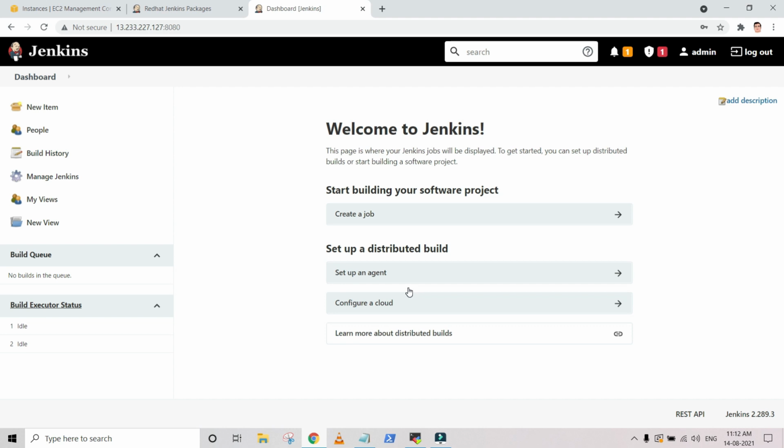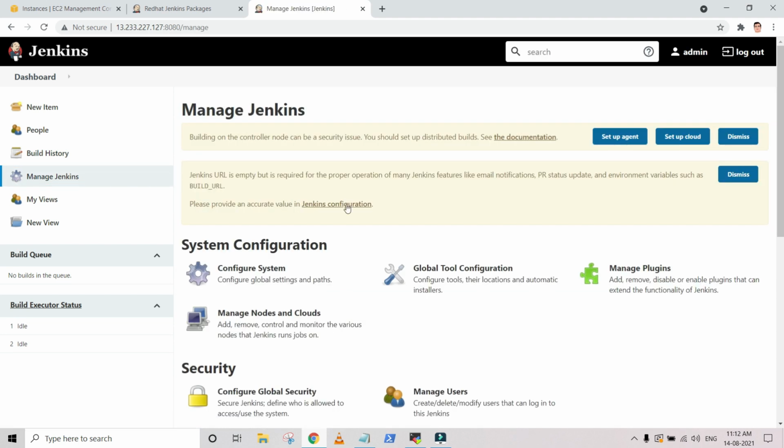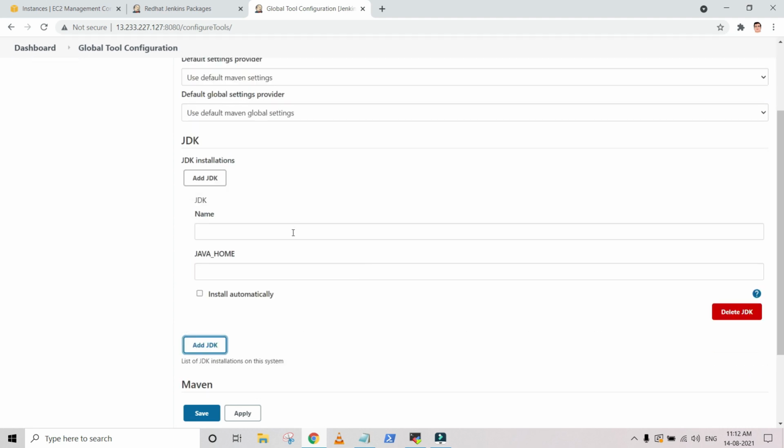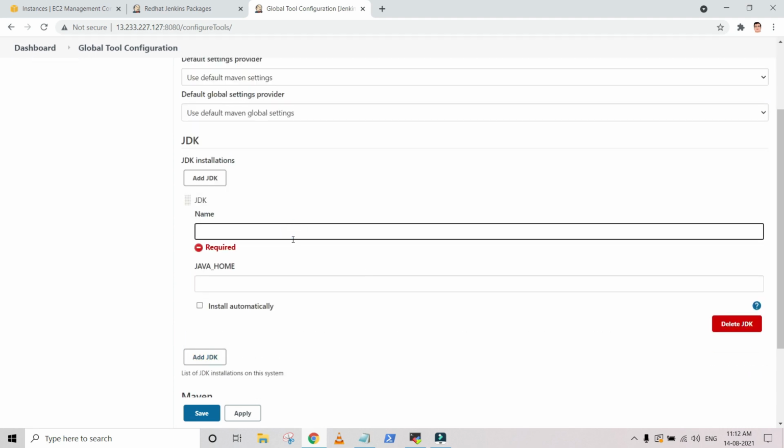provide the Java path for this, and I'm going to manage my Jenkins for that. And here you can see the global tools configuration. You have to click on it after managing the Jenkins, and here you will find the JDK, because this is a very required step that you need to perform before using the Jenkins. What is the name of the JDK? So my JDK is the Java home,